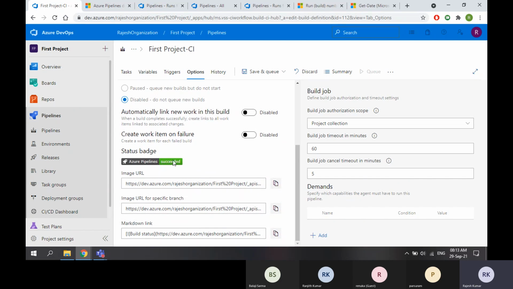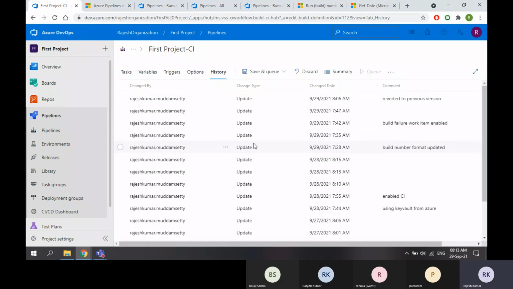Okay. So I want to update the status in wiki pages. Yes, we have a link. You can take the status and update it in the wiki page. Every page has history. So can I restore my old build versions? Yes, you can restore. You can compare, and if the changes match, you can revert.